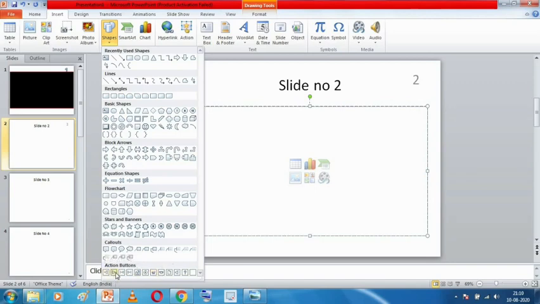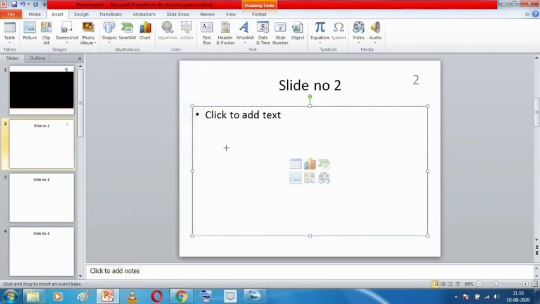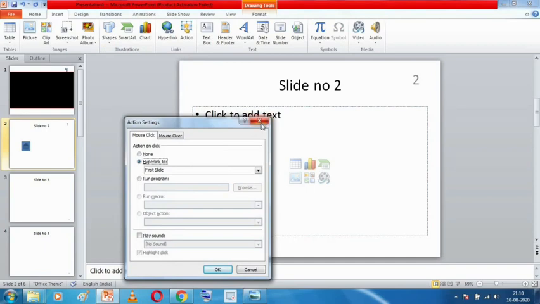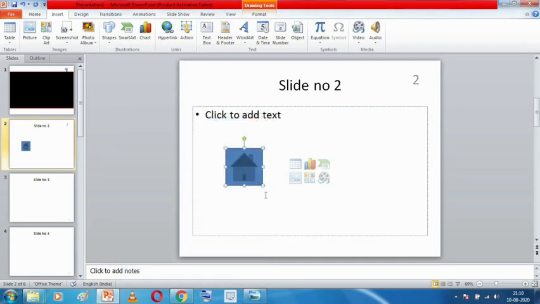If you select any one of these, suppose I select this home button and I draw over here, see, this button has been drawn in my slide in the form of this particular shape. So this is a pre-designed button, I just have to insert it in my slide.